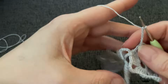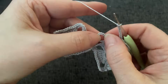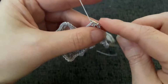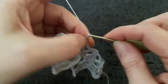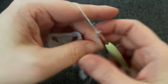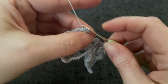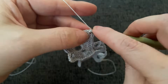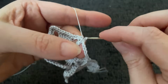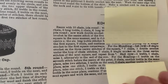All right, so that is what we have to do here. Single crochet. 1, 2, 3, 4, 5, 6, 7, and then slip, slip, and slip. Okay, there we go. Now, for the second row,